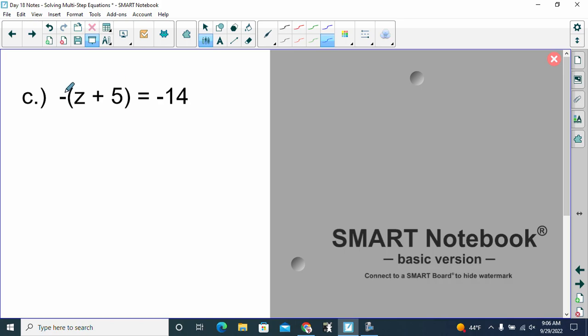We have a number out front. Even though it doesn't necessarily look like a number, remember if there's no number there, it's understood to be a 1. So that's a negative 1. Instead of squeezing it in right there, I'm going to rewrite it with a negative 1. Our step said to use the distributive property. So we're going to do negative 1 times z, negative 1 times 5,